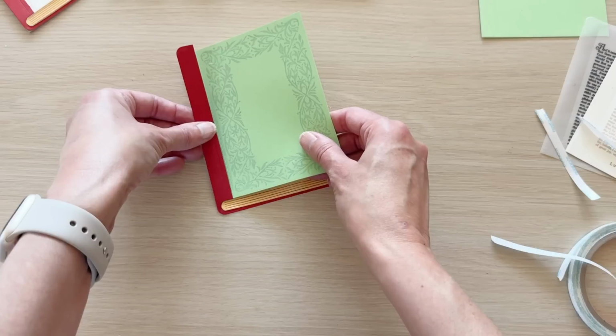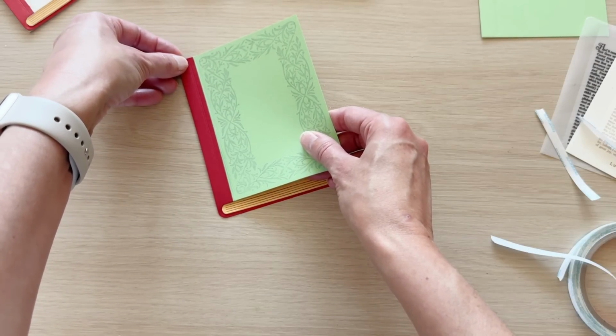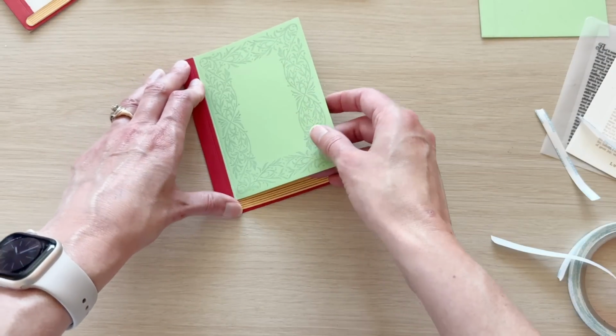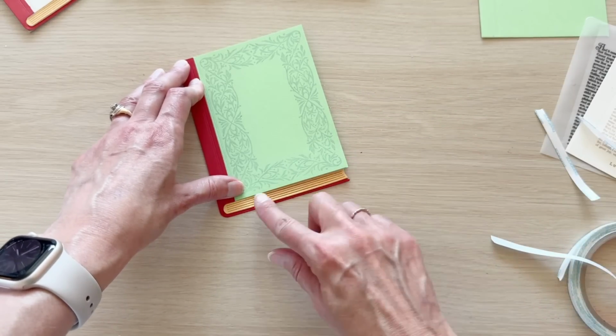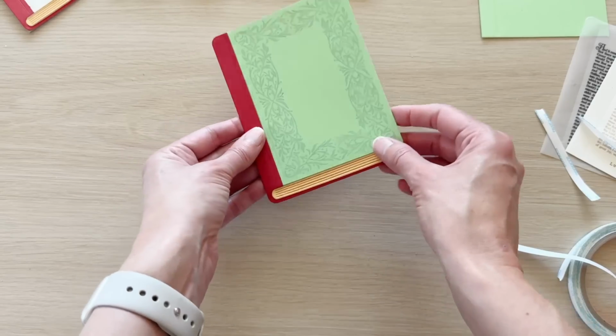line up the spine edge with the scored piece and the bottom edge of that spine, just like that, and make sure everything's nice and straight, and push that down as well to adhere. Okay, so